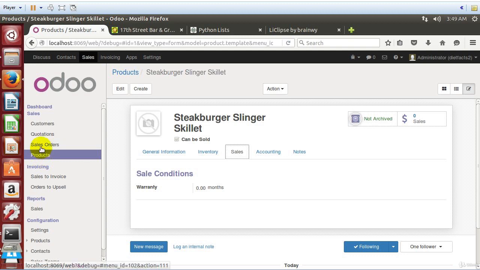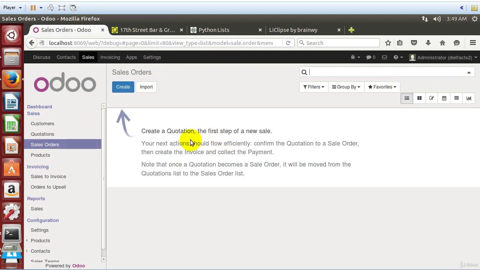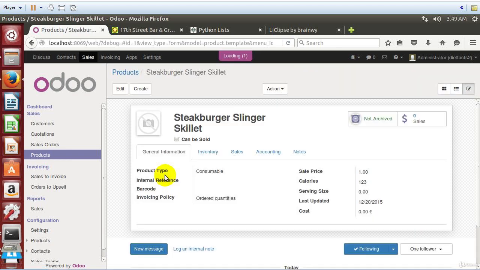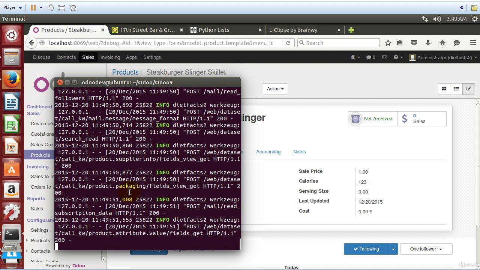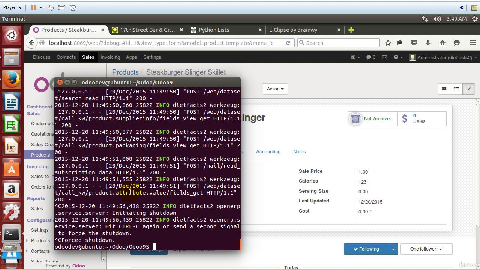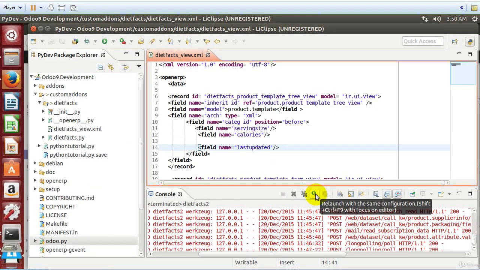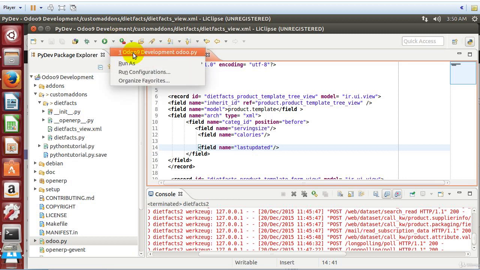And in this experience, it'll always be the same. Notice how we can go to products, we can go to sales orders, we can pull anything up we wish to pull up. And it's all running here. If we press Control-C and stop this from running, now let's launch it under Eclipse. We'll go here, relaunch with the same configuration right here,